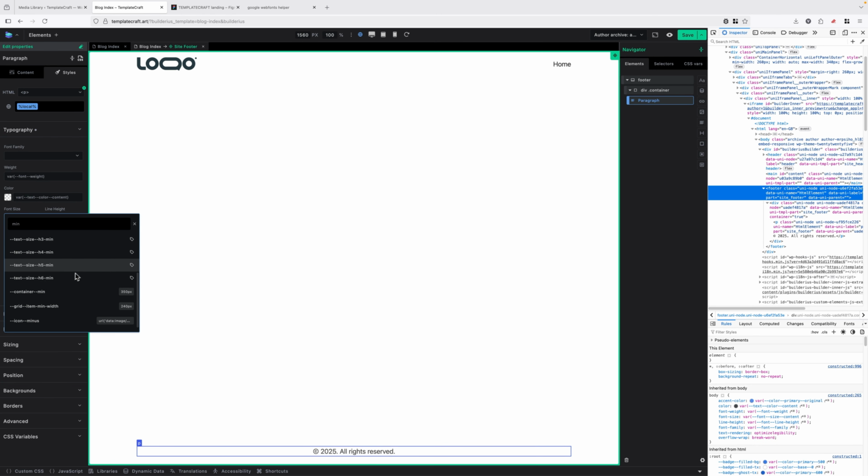I'm not going to use dynamic data from the database. What I will be using is an array of data